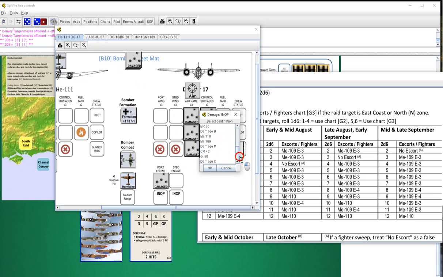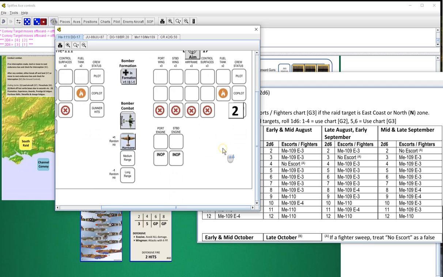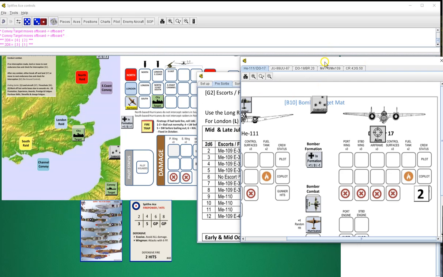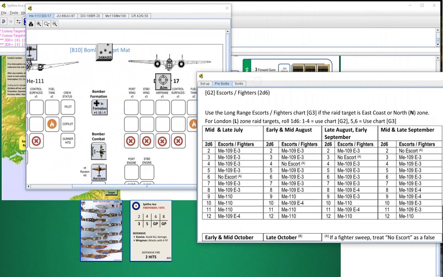Nice. And that'll be DO damage H. All right, I think I know what happened to that. We're going to go after the airframe because they're in the bomb range and they still have munitions on them. Their information. We need to then roll for